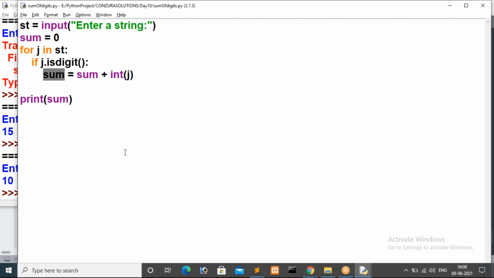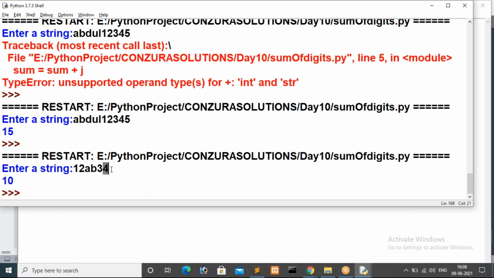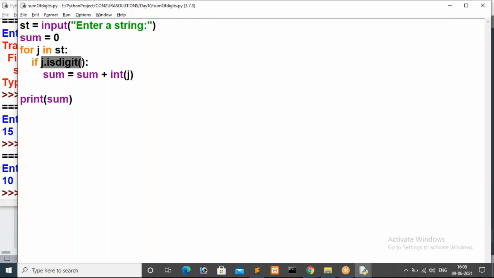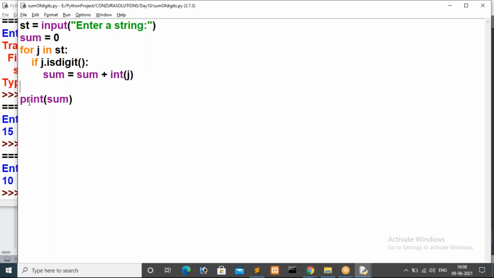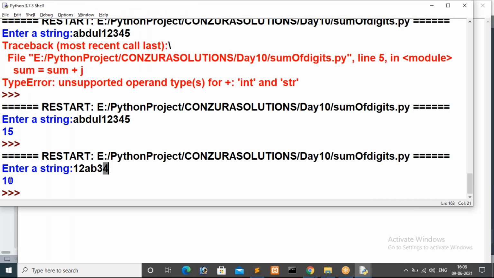6 will be stored inside sum. Then in the last and final iteration, the sixth iteration, j value is 4, 4 dot isdigit, condition is true. In the previous iteration sum value is 6, 6 plus int of 4, that is 10. Sum has value 10. Now the loop will exit, because there is no character left to check. At the end we print sum, so that value is 10.